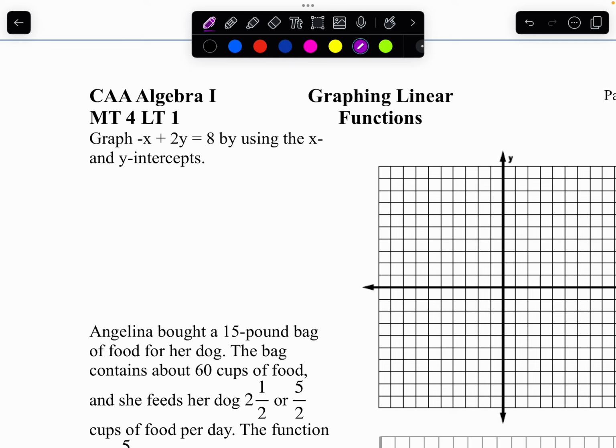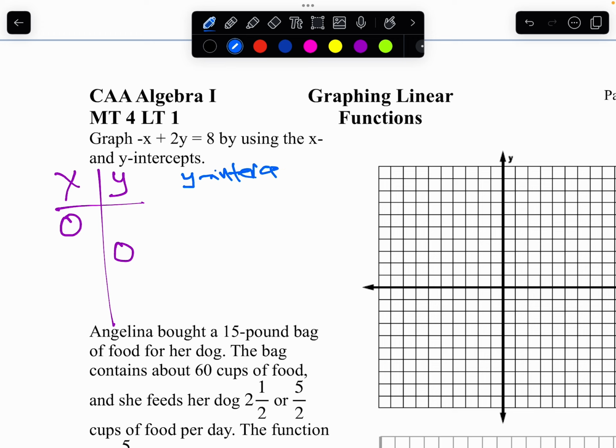So what I'm going to do here is make my x and y intercept. I'm going to do my y-intercept and my x-intercept. So I'm going to make x 0 one time. That's my y-intercept. I'm going to make y 0 the next time. That's my x-intercept. So to find my y-intercept,